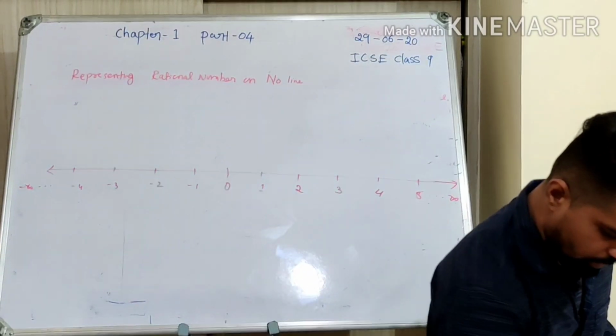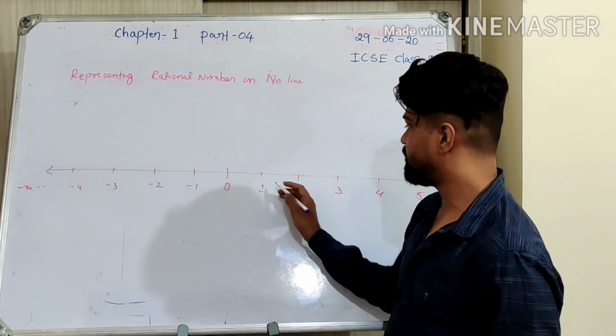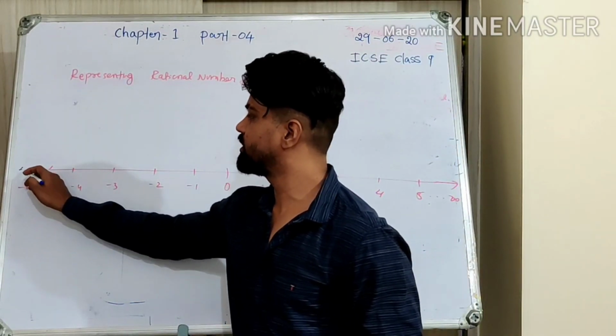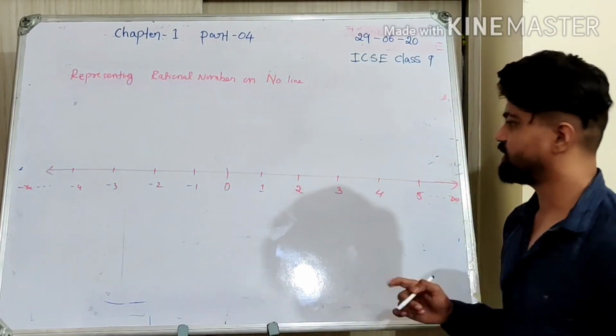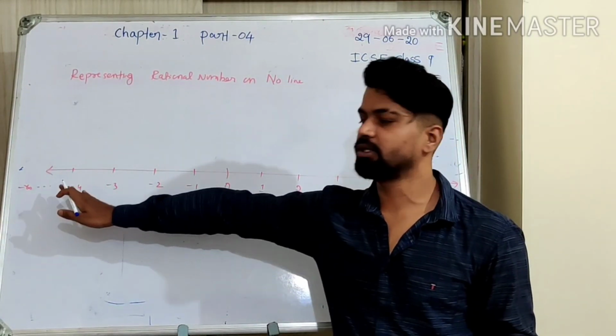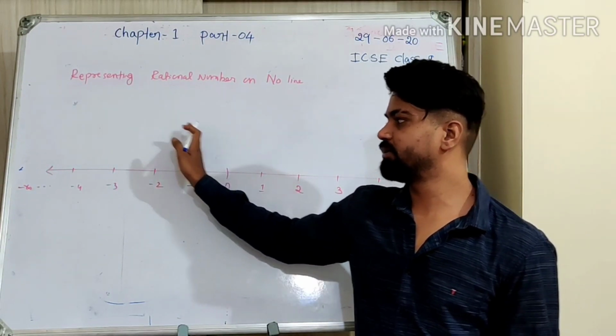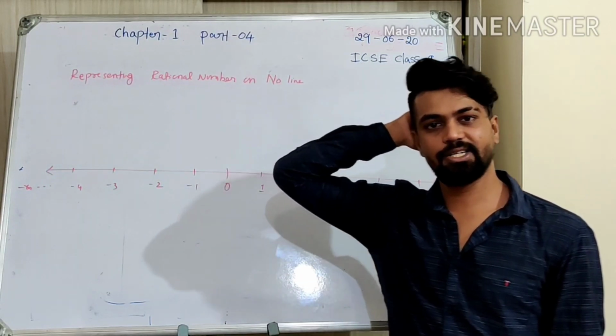Now in this number line, how to represent rational numbers? So natural numbers are here. These are natural numbers, right? 1, 2, 3, 4, 5, 6. These are all natural numbers. And if I want this side, we have negative numbers. So with 0 it is whole number. That's what they have explained in your book. And with the negative numbers included, it becomes integers, right?